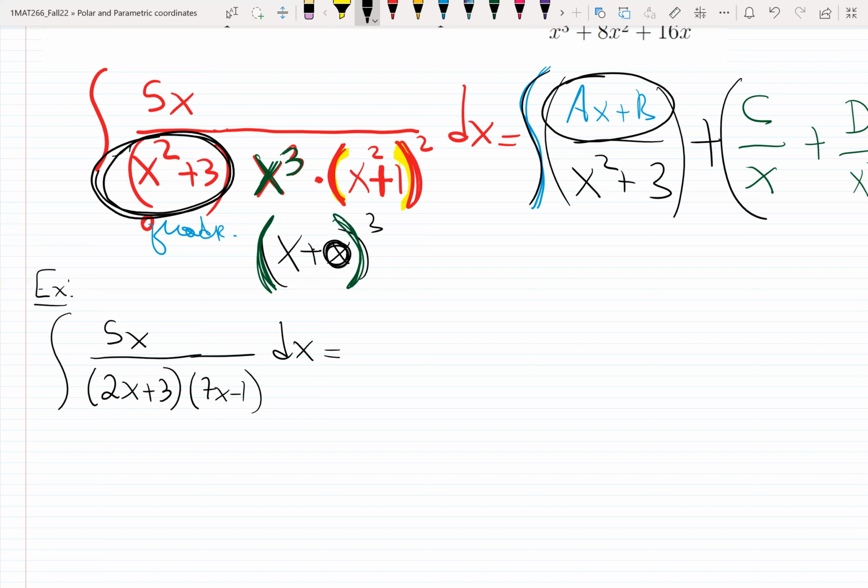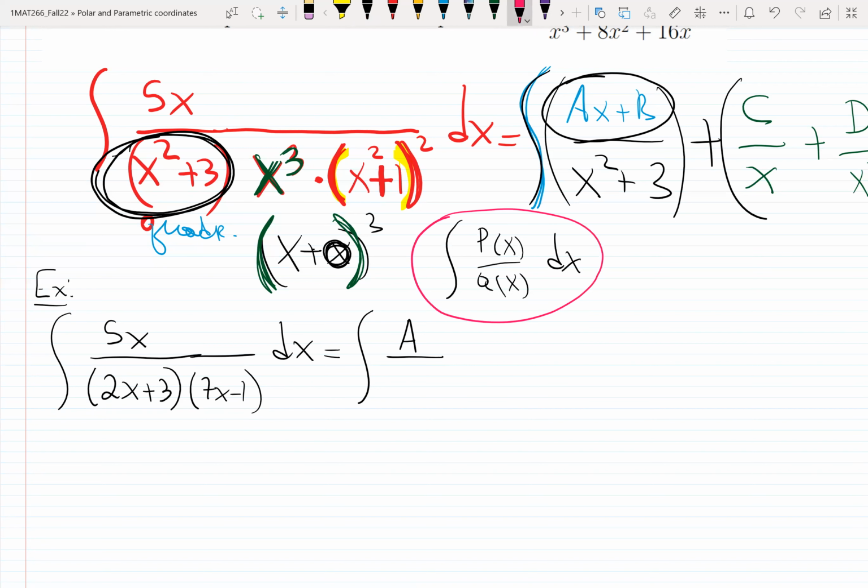This is a very obvious partial fraction decomposition case because you see fractions, polynomials. In Wikipedia, if you check the code, the degree of polynomial p of x over q has to be less than the degree of q. If not, you perform long division, all that kind of stuff. You can check Wikipedia on this. The power of the top is 1 because it's x to the 1, and the power at the bottom is x squared because x times x. That falls into the theorem, and the theorem says it will be a over 2x plus 3 plus b over